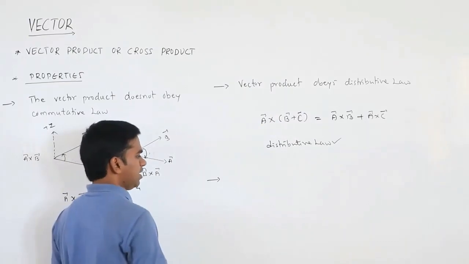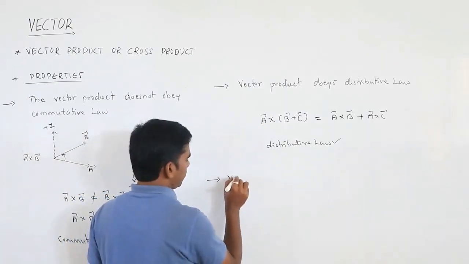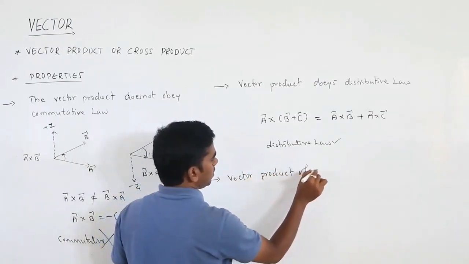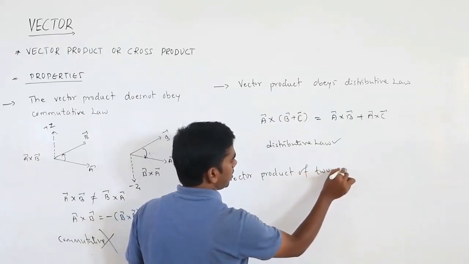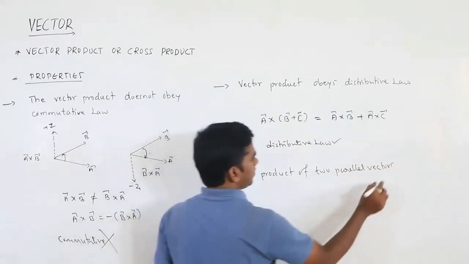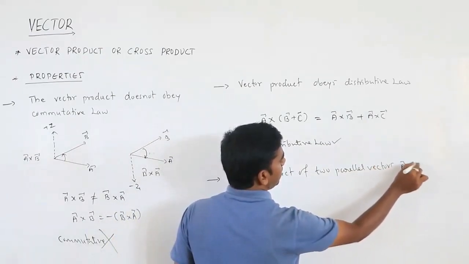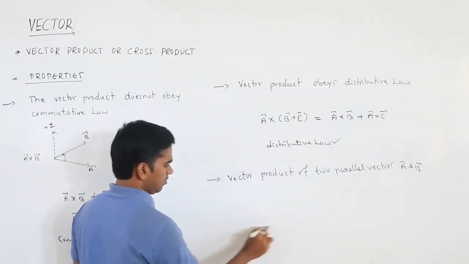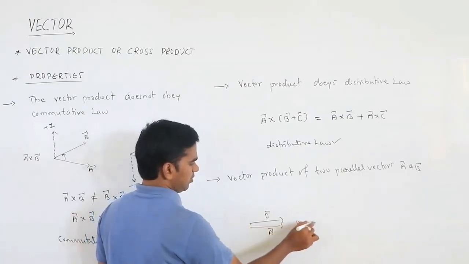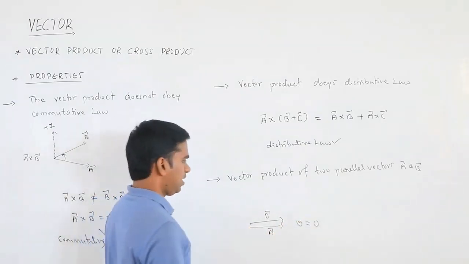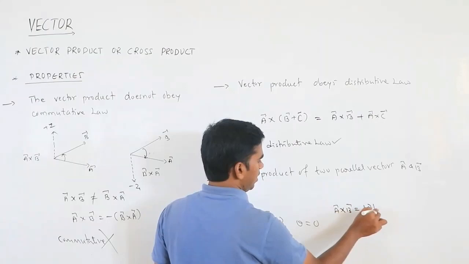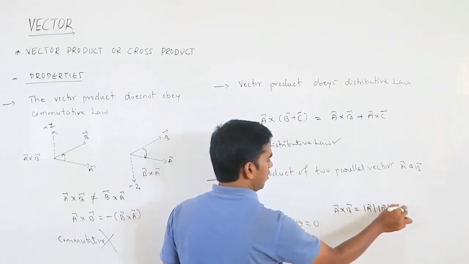let me take two parallel vectors. So the vector product of two parallel vectors A and B. What will be the resultant? Suppose we have vector A over here and vector B also here. What is the angle between them? The angle between them is 0. So what will be A cross B? Vector A cross B equals magnitude of A, magnitude of B, sine of the angle between them,